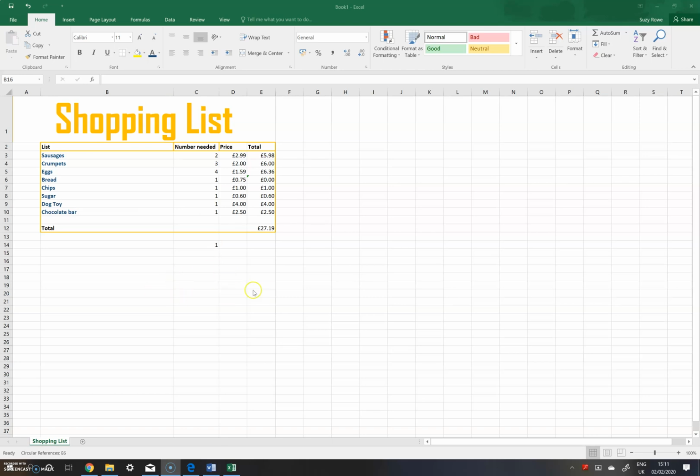So I'm going to show you how to insert a footer to your worksheet. I know a few people struggled with this on the first task, so I'll show you how to do it now. So if we go right up to the top to Insert,